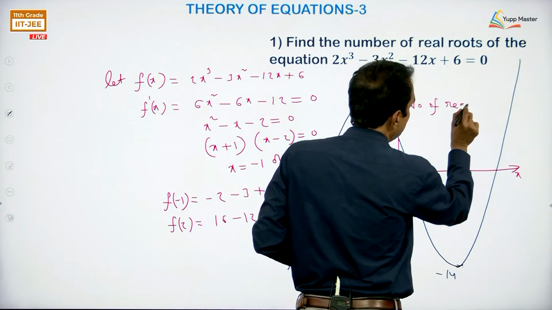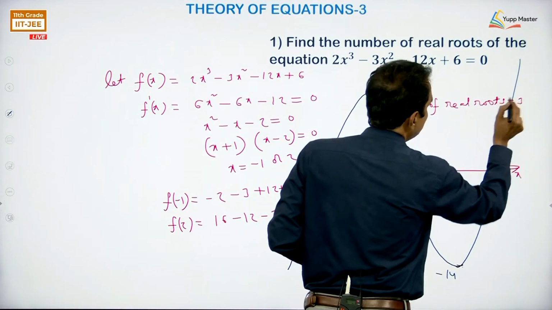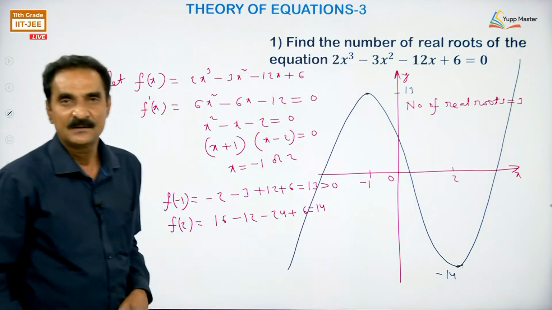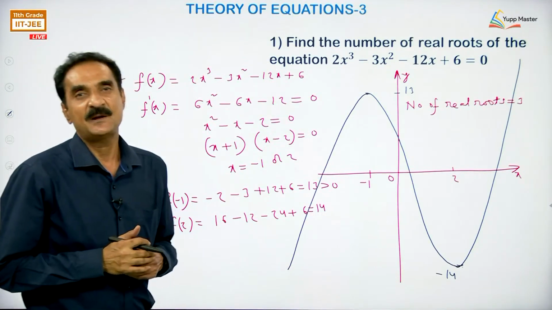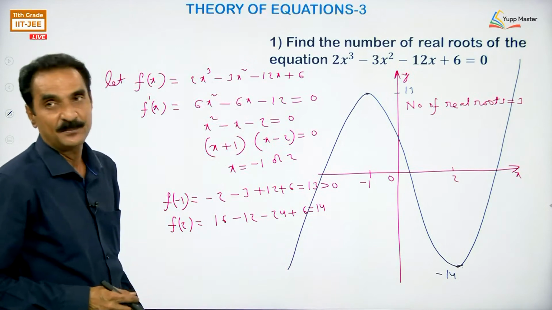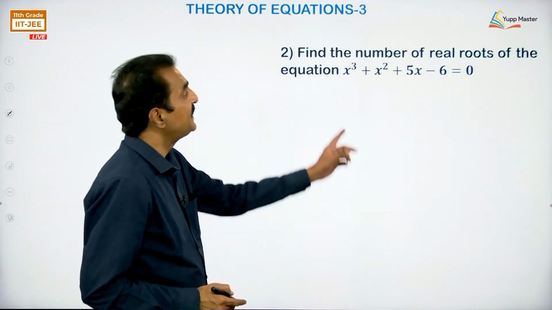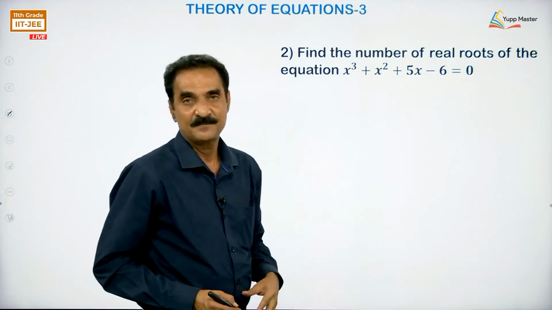Number of real roots is equal to 3. So, this is how we decide the number of real roots of a cubic equation. Let us take another example. Find the number of real roots of the cubic equation